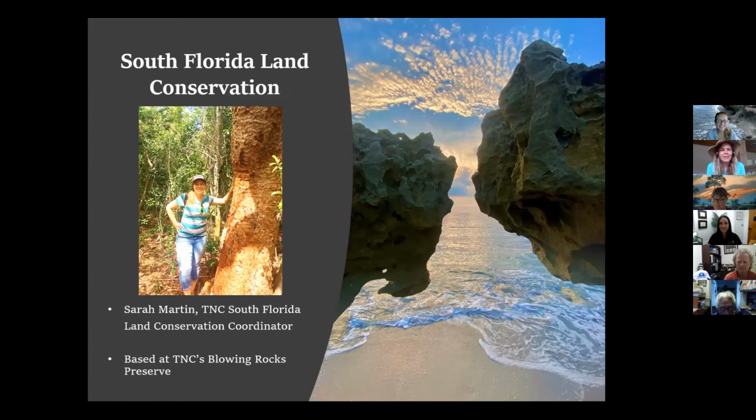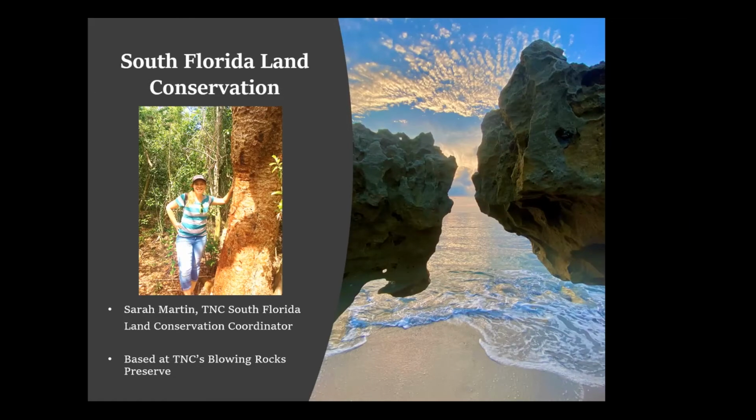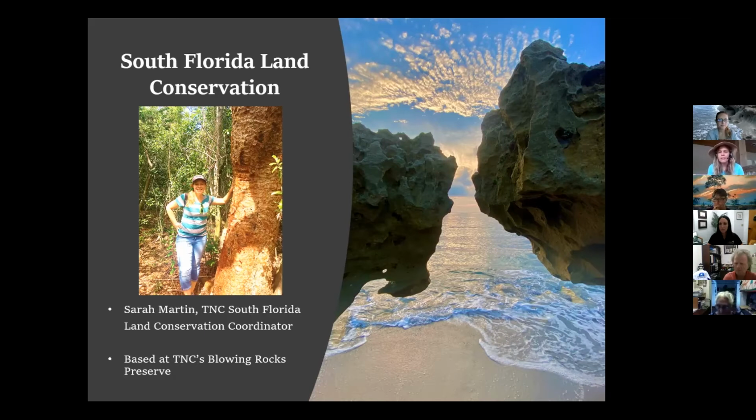I am the South Florida Land Conservation Coordinator for the Florida chapter of the Nature Conservancy. Just to explain a little bit about how that all works: in the Florida chapter of the Nature Conservancy, we have a Central Florida program, a North Florida program, and a South Florida program that all work with habitat restoration and management type work out on the landscape, on our preserves, like Blowing Rocks Preserve, Tiger Creek Preserve, Disney Wilderness Preserve, all of the preserves and conservation lands in South Florida. So my job as land conservation coordinator is to ensure that they're all in the best condition, making sure that we're removing invasive species and providing that on the ground stewardship work to the landscape